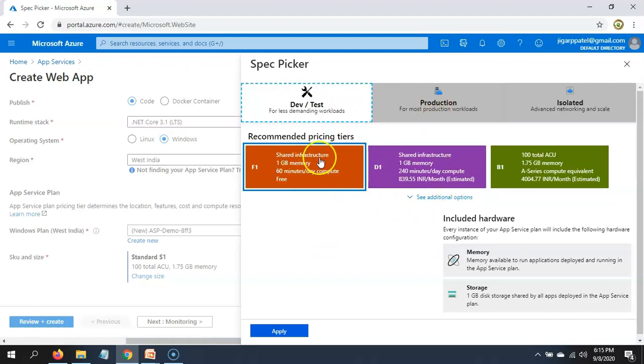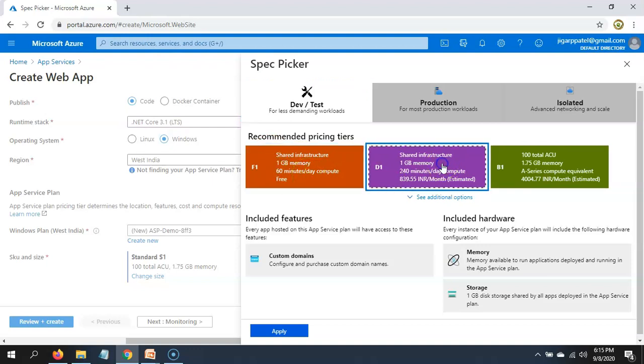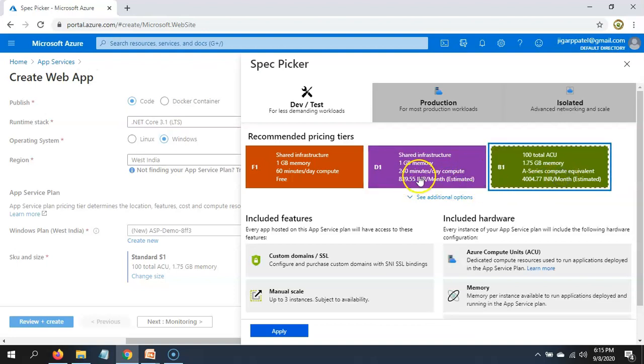Here you can see a shared infrastructure. It's a free plan, 60 minutes per day compute. Then another is D1. It costs 839.55 INR per month. So you can select as per your budget.